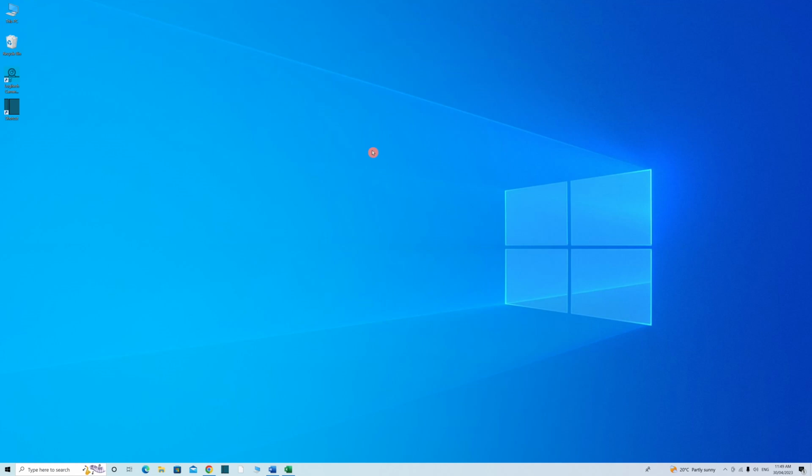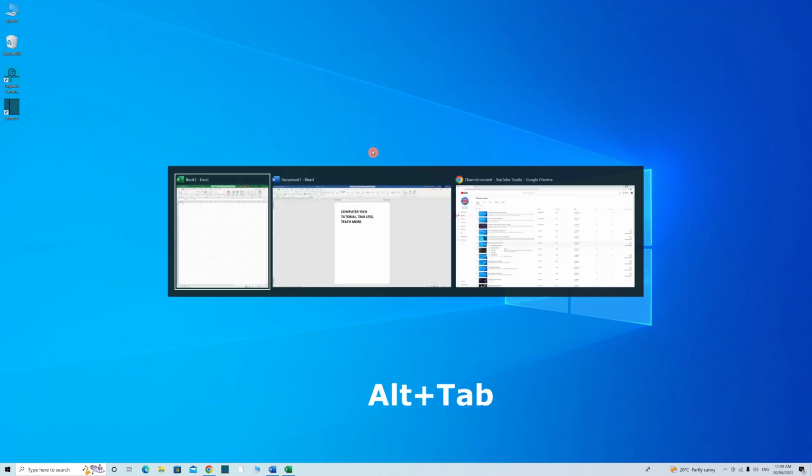Today I'm going to show you 3 computer tricks which will save you a lot of time. The first one is Alt plus Tab to open a specific program. Alt plus Tab and you can open whichever you want. I have 3 programs open now, so if I want to open Excel, I just leave the circle on Excel,